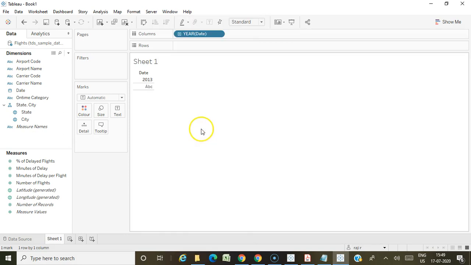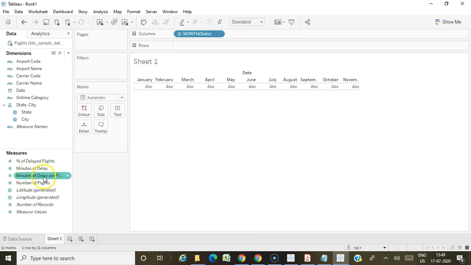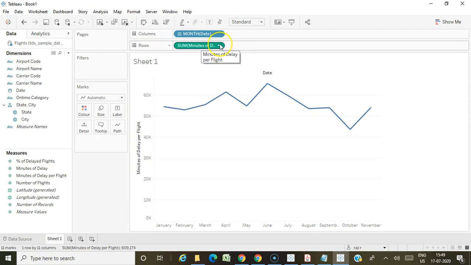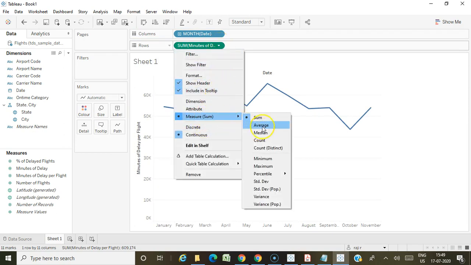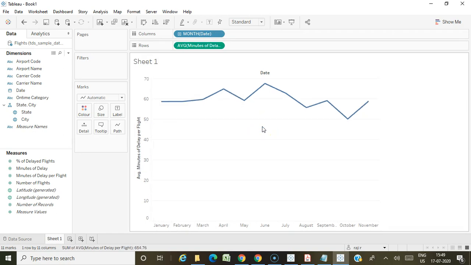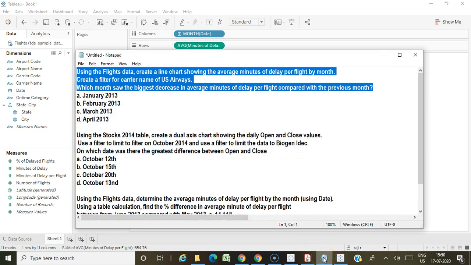Let me change the hierarchy to month level. Average minutes of delay per flight is already available directly in the measure section, so we don't need to calculate it; you can take it directly. They are asking for average, so you have to change the aggregation to average. Now we have created the month versus average minutes of delay per flight.